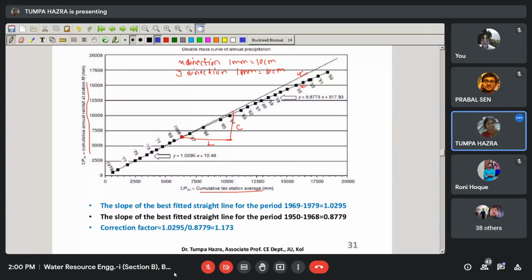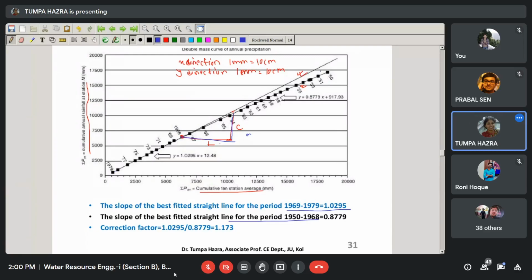and this should be your A by L. Okay, the corrected slope of 1969 to 1979, that is 1.0295, and the actual slope from